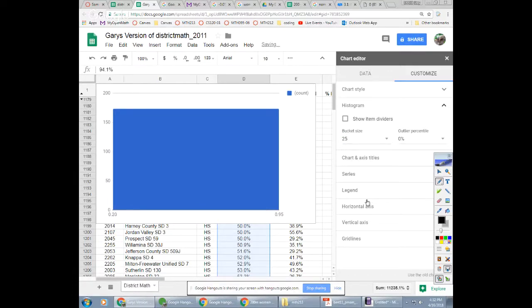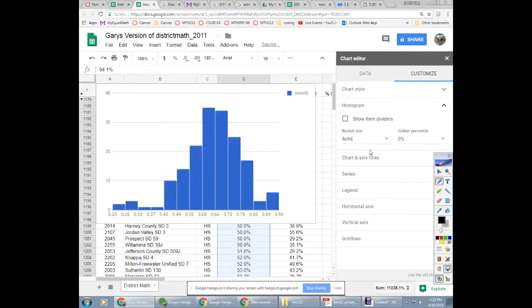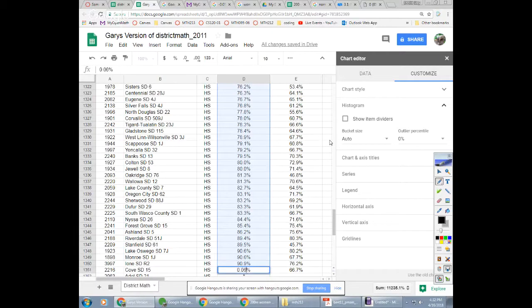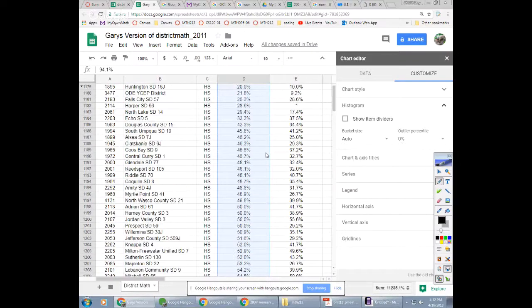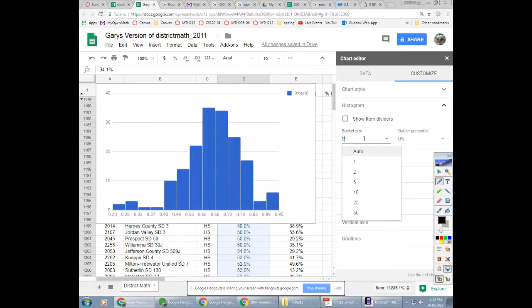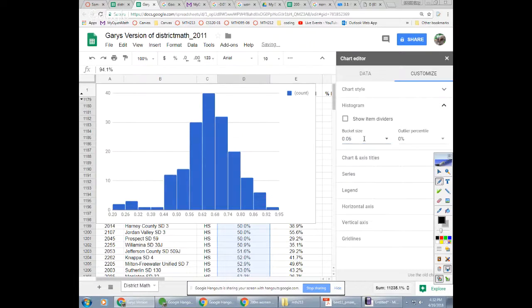What if I got 25 buckets? Uh-oh, what happened? I totally messed it up. Auto? All right. So what's the width here? 0.06, okay. So if I go 0.06, ooh, I broke it. All right, let's undo that. Okay, let's try again. 0.06 should give me roughly the same graph, almost. But if I made it smaller,